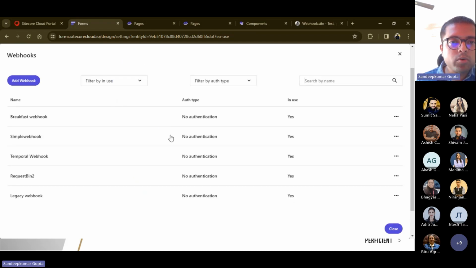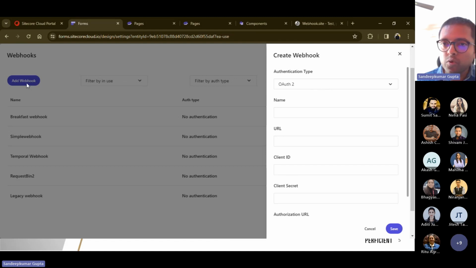We can go to manage webhook just to see what webhooks we have. Initially, we don't get any webhooks. It will be empty, so we have to create one. I'll reuse this simple webhook. It's very simple. You can click on add webhook, and it has various authentication types. So if your webhook requires any authentication, then you need to supply the credentials accordingly. I'll go with the basic authentication type here, and I'll be using the